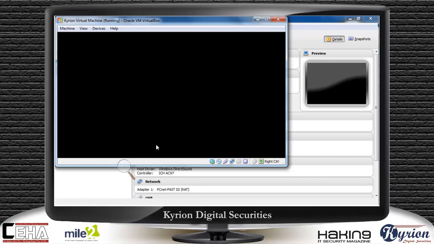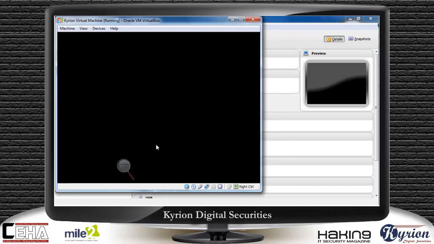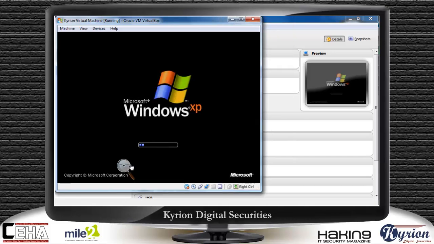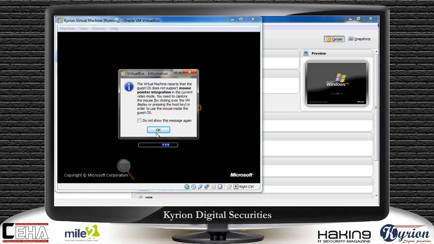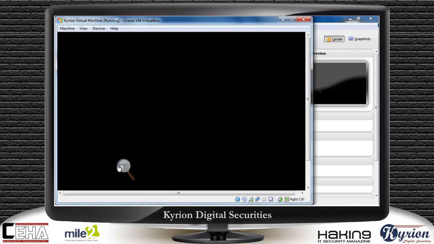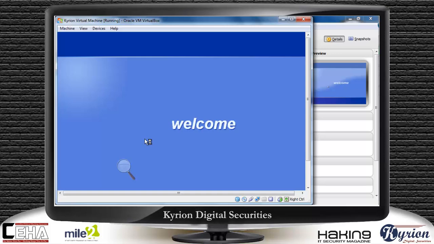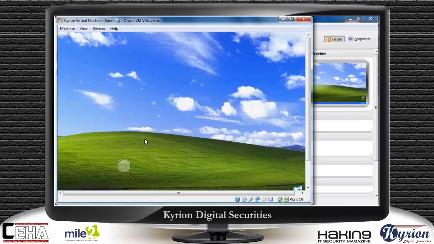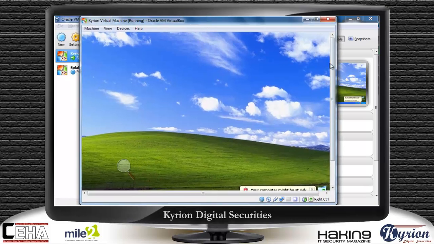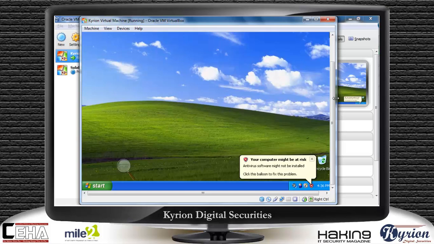Now we do not want to boot from CD, so I have not pressed any key right now, and you can see here. Again click on OK. Go to the welcome screen. And now I believe hopefully a new virtual machine will be started. As you look at the screen, I have got a new operating system in front of you. That is nothing but a fresh Windows XP operating system.